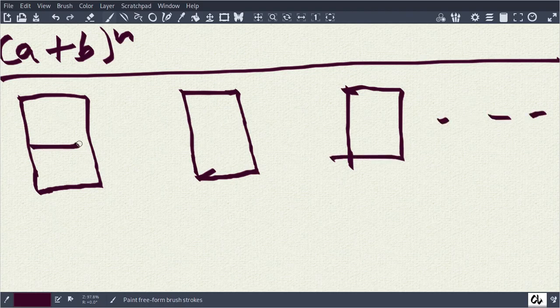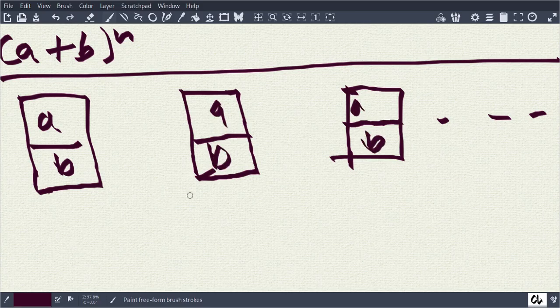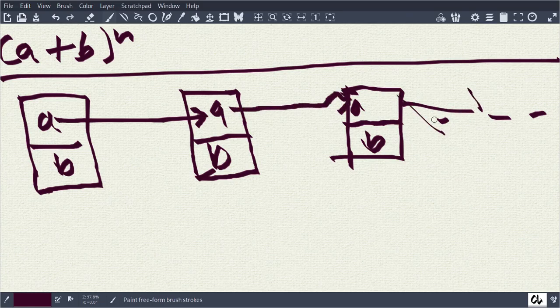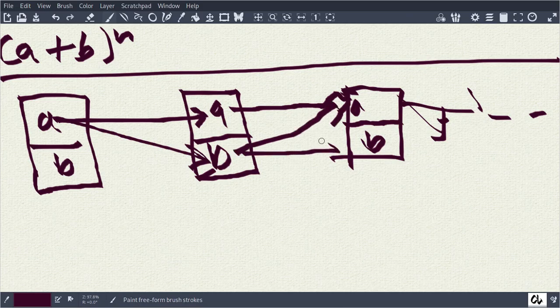There can be any number of boxes, and in n boxes we have a b, a b, a b, and in these n boxes, first a multiplies to a, then it multiplies to a again, and this could go anywhere. Then a could multiply to b, and then b could multiply to a, or that b could multiply to b,